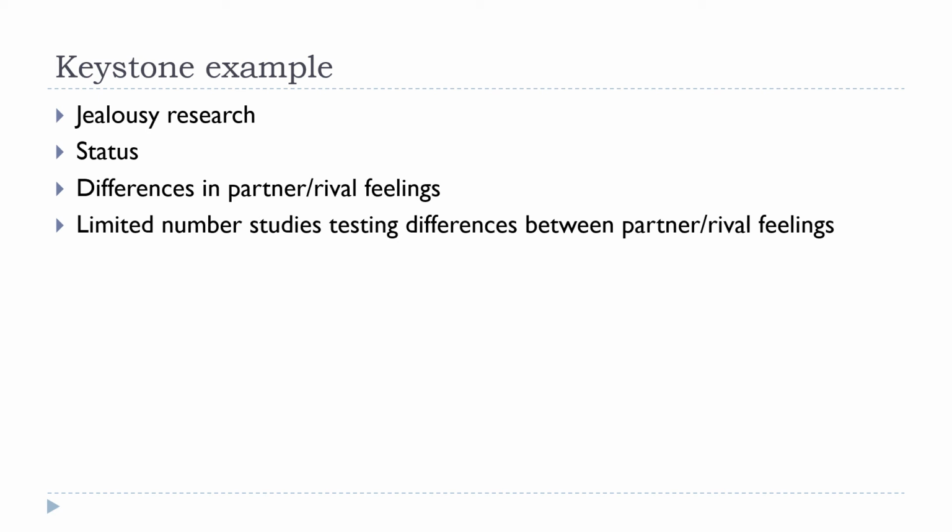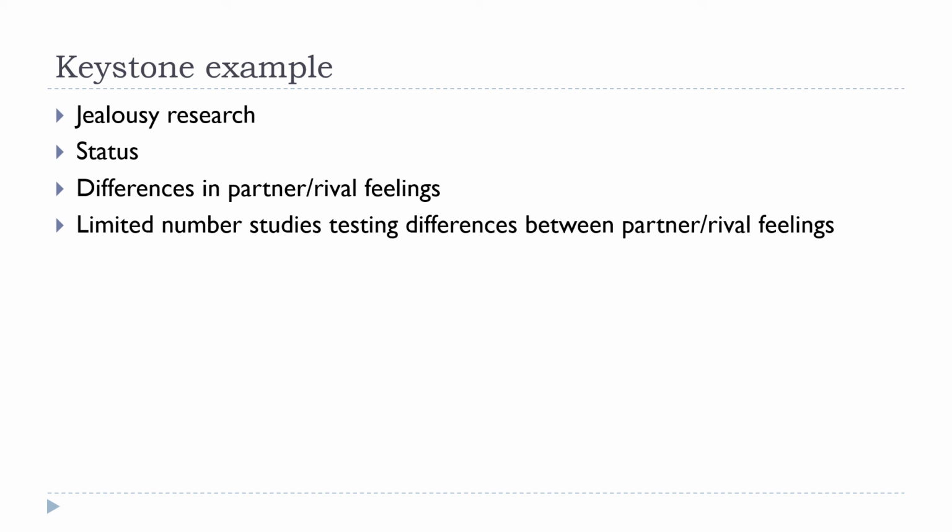Now, one of the reasons why I was doing this particular study is because I'm an envy researcher and I was interested in how envy can be a driver of jealousy. But another reason why I was doing this study is because I was very curious about the fact that people might feel different feelings toward their partner and toward their rival, and that there were only a handful of studies that actually explored the fact that there could be differences and separately measured those particular things. It's very common in jealousy research for people to just say, "How jealous do you feel?" and not ask, "Who do you feel these feelings towards?"